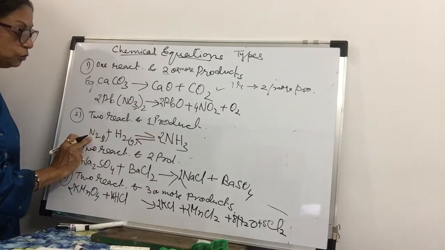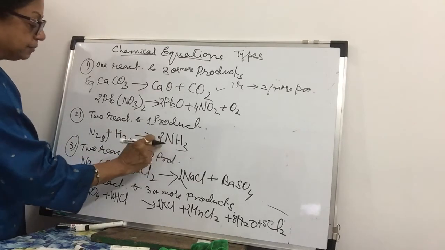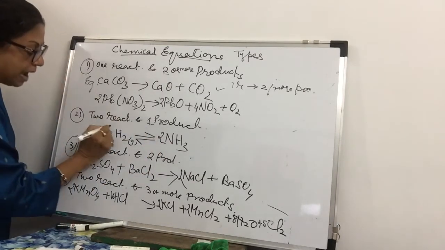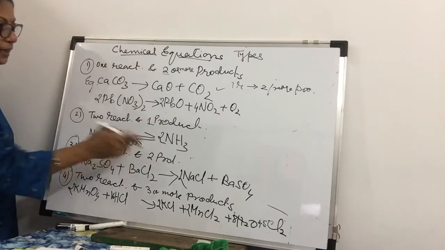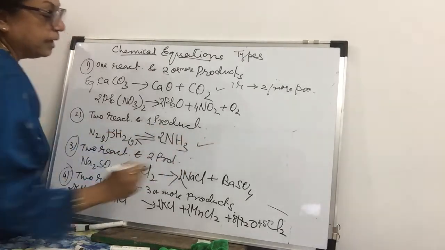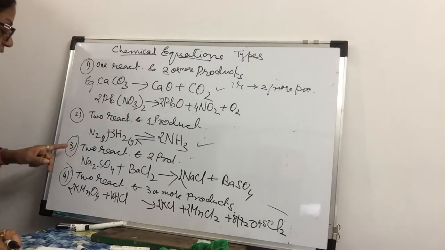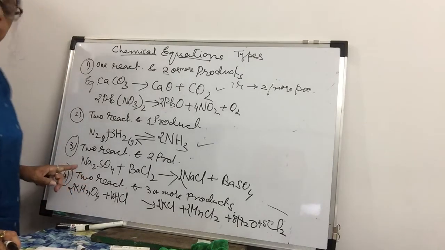Nitrogen 2, nitrogen 2. But hydrogen becomes 6. So what do I do? I put here 3. And then the equation is balanced. Then comes the third one, that is the